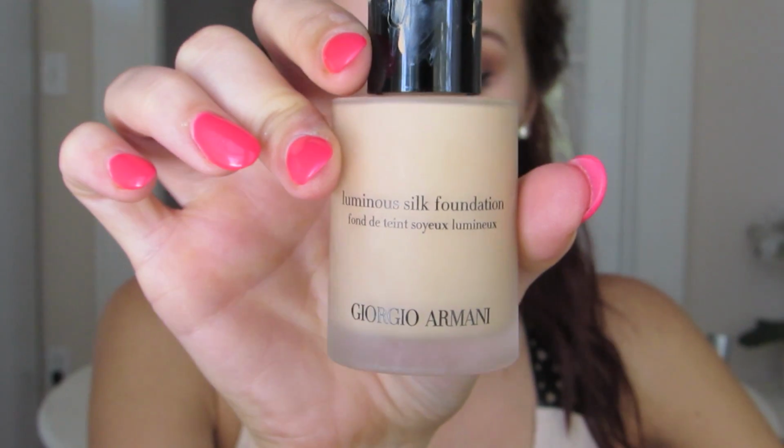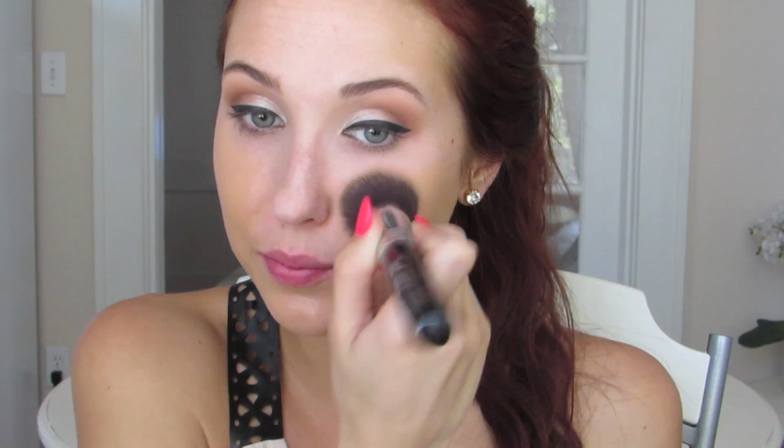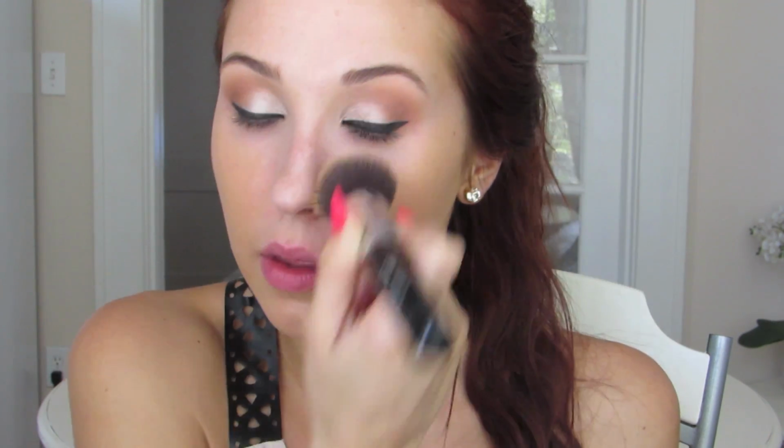Then I'm going to use MAC Mineralize Foundation and Giorgio Armani Luminous Silk Foundation. I could not make up my mind, so I just used both just to get what I wanted. I wanted something nice and dewy and fresh because, as you know, I'm dry. So I'm just going to buff this all around the face. And I know it's a lot darker than my skin, but it matches my chest, so that's why I chose